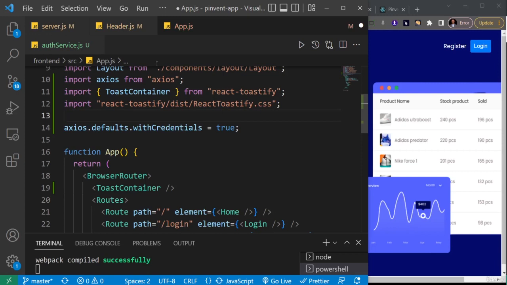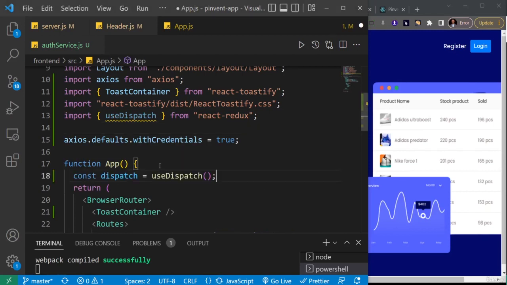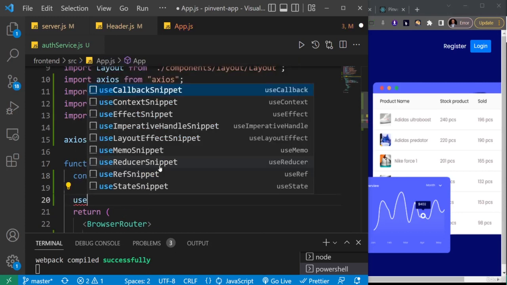Okay, let me just grab it somewhere, and I'll just slot it here like this, Control V. Yeah, great. So next I would just create the dispatch variable here inside of the app. So let's just create the dispatch variable, and then I'll add a use effect. So use effect,